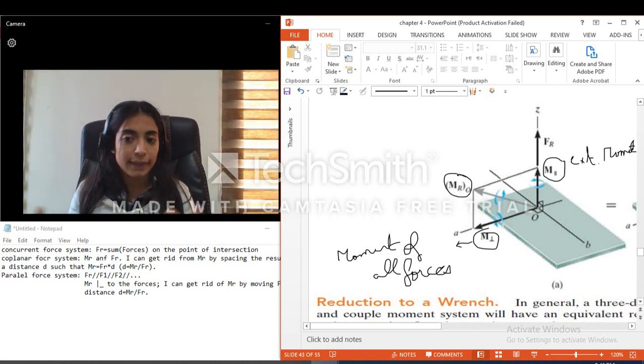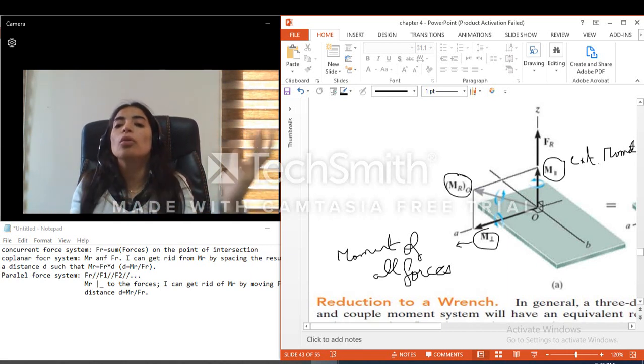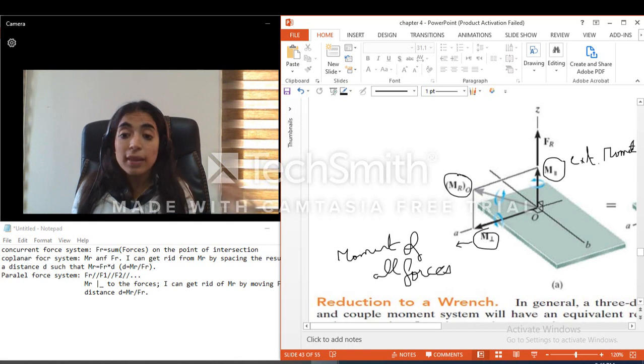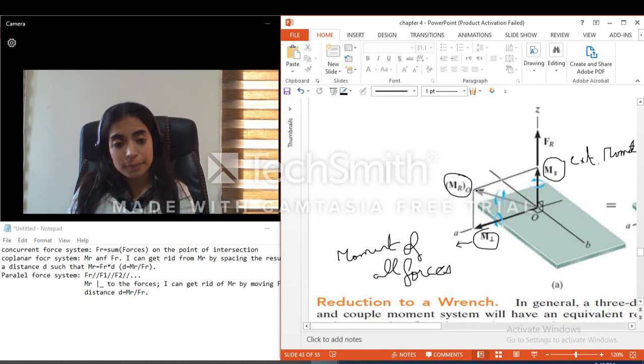Okay, so I know that the M equivalent should be equal to the sum of all the moments of all the forces in the system plus any moment that is external. Okay, and this external moment is usually caused by a couple. It is a free vector, so I can put it wherever I want. So basically, guys, this M resultant here